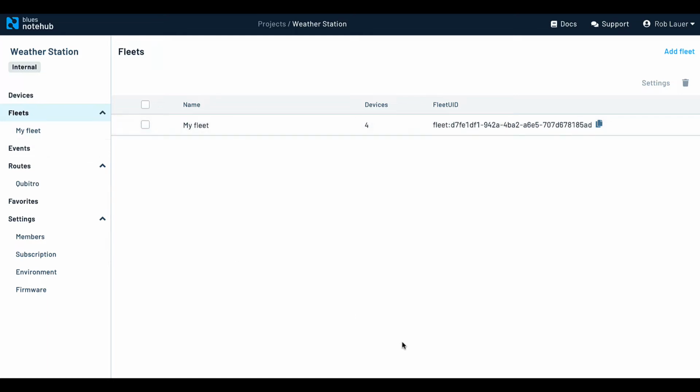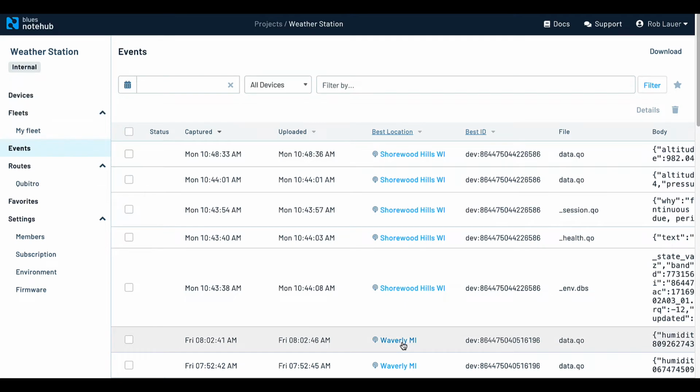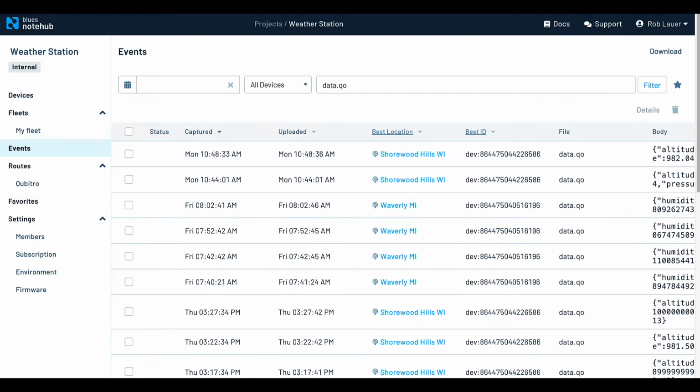I am going to pop over to the Events tab. Now, this is, you could say, a vomited list of all of the data coming from our Notecards, which can get very overwhelming very quickly when you start to scale. Now, in the UI here, there's the capability of filtering by a variety of different parameters. Say, for instance, I just want to see the weather data coming in from our devices. I can just pass in the name of the note file. So this is the collection of events or notes that have been sent to Notehub from our devices.